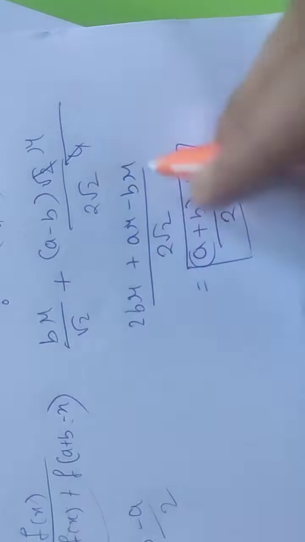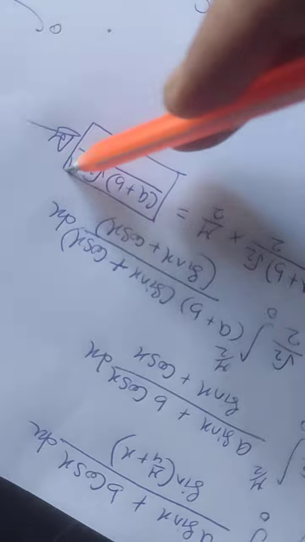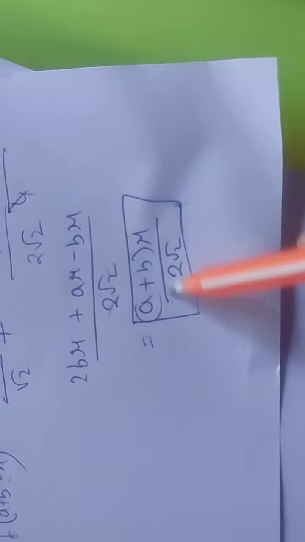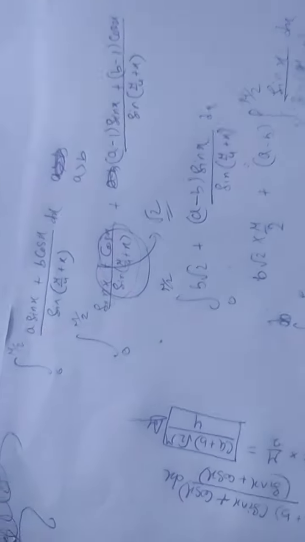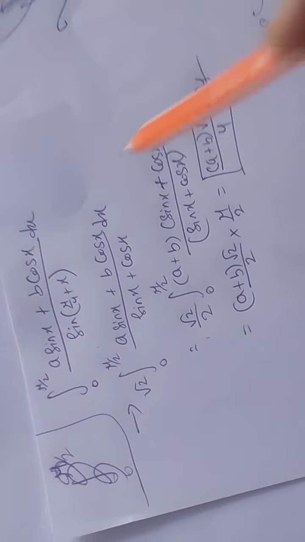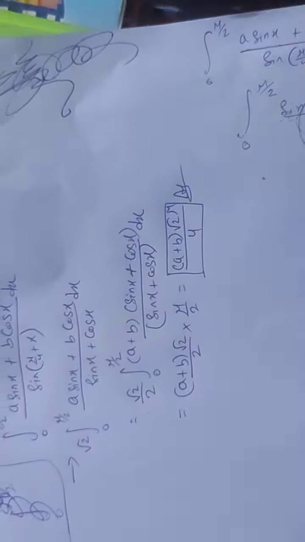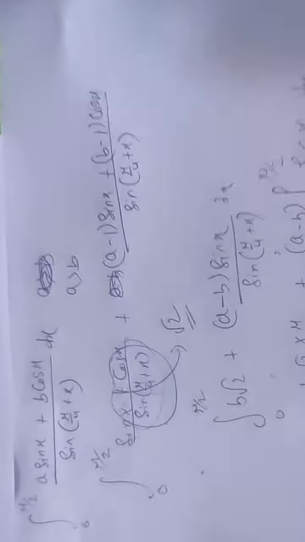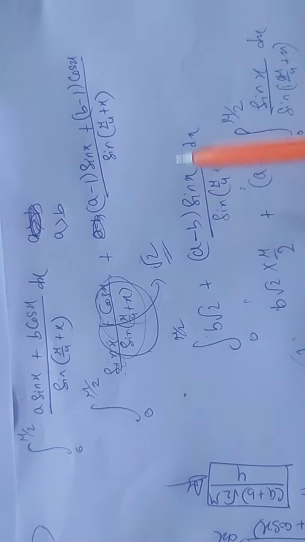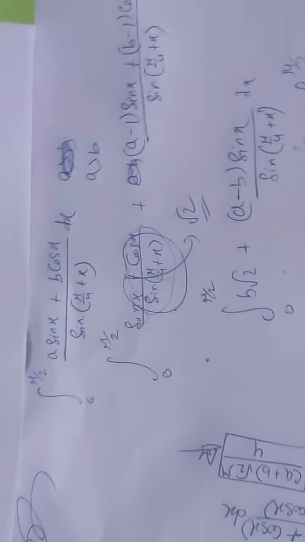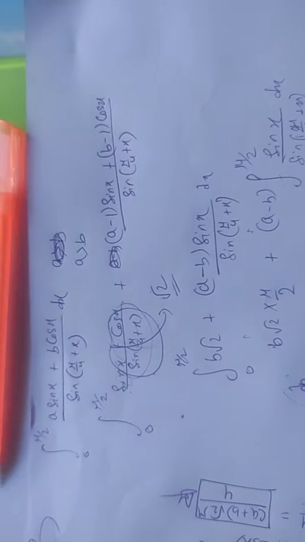So after simplifying, you are getting the same answer as you are getting here, right? Root 2 will cut here simply, the answer we are getting is the same. So actually I know this is not a convenient method. The most convenient method was this, you just open it up and it would cut down, but I was just using this because you should expand your thinking. So this was also a way.